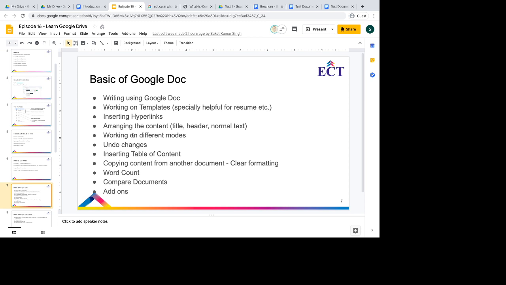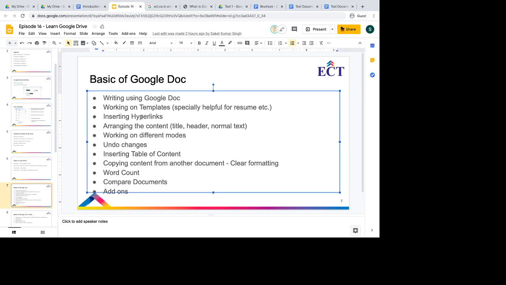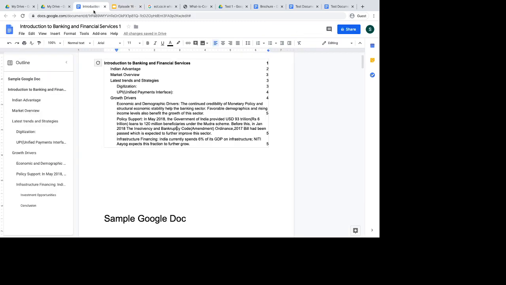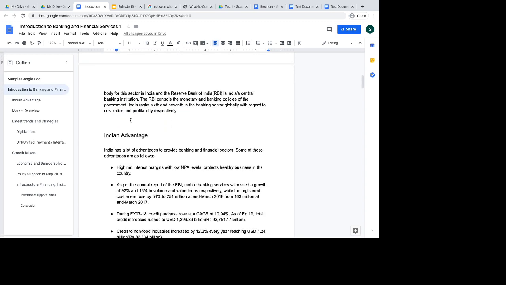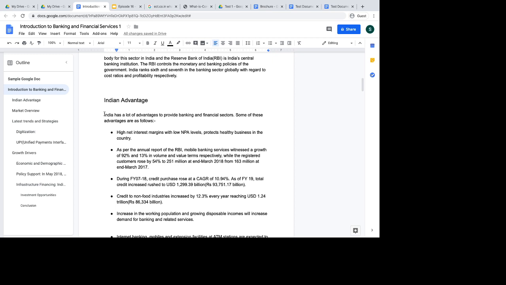Similarly, you can use, yes, a lot of people also asked. So I have taken the main key features that some of you have asked about in the class on how to do various things. So, inserting hyperlinks. For example, if you want to insert a particular hyperlink, suppose I have to use this one, I have to give a hyperlink here. So I will select this and then give a link,